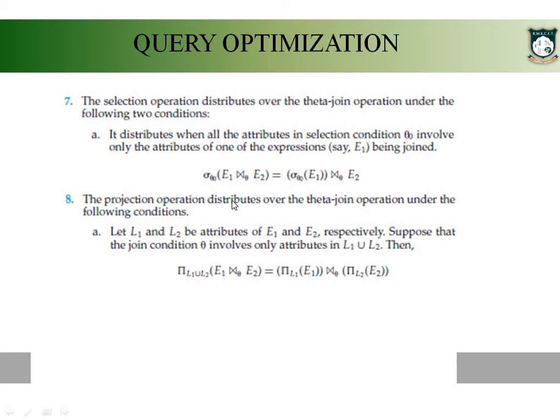Similar to this, you have one more rule, that is, performing theta join and then projection operation. Instead of that, first perform the projection operation on both the E1 relation and the E2 relation, then perform the natural join. Like this, we have a set of rules that has been defined. Now using these rules only, the optimizer is going to identify the equivalent relations. These rules can be called equivalent rules. So using these equivalent rules only, the optimizer is going to select the equivalent relational algebraic expressions, right?